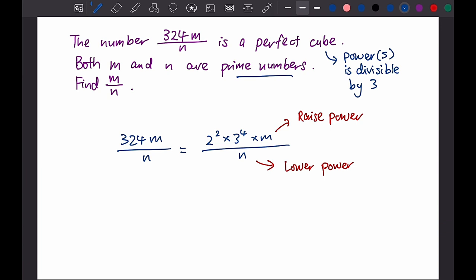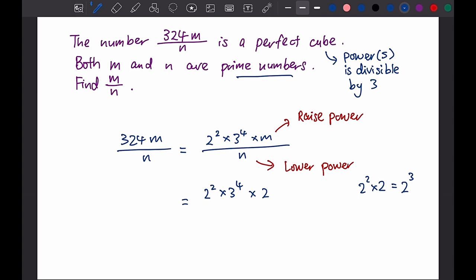And therefore, the only possibility is for me to times 2. And when I times 2, what happens is 2 to the power of 2 times 2 will give me 2 to the power of 3, which is a power divisible by 3. Alright, and next, if I were to